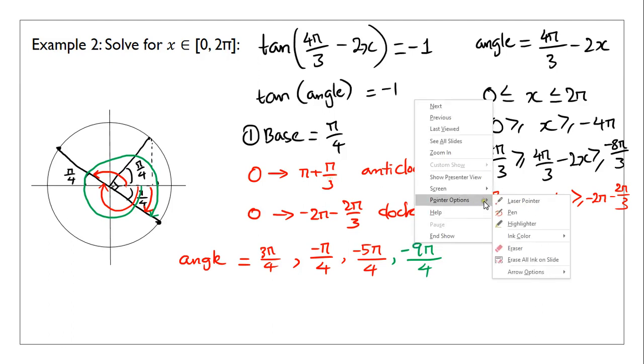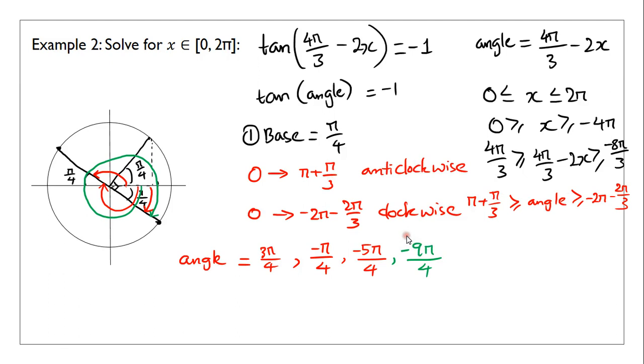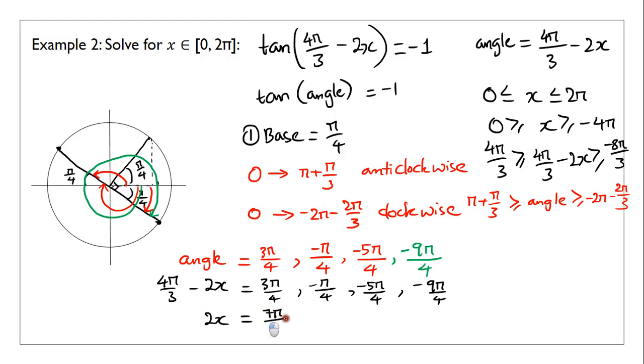Now you're going to solve for x. Just do transposing essentially. So I'm just going to rewrite 4 pi on 3 minus 2x would equal to this. I'm not doing any calculation here. All I'm doing is rewriting it so I know what the angle is. Alright, so you probably want to solve for 2x first. Okay, I'm going to solve for negative, it doesn't matter. Okay, so 7 pi on 12, and then that is something,